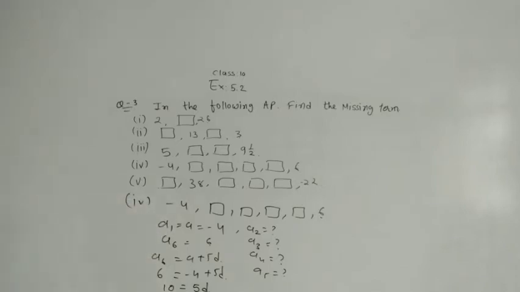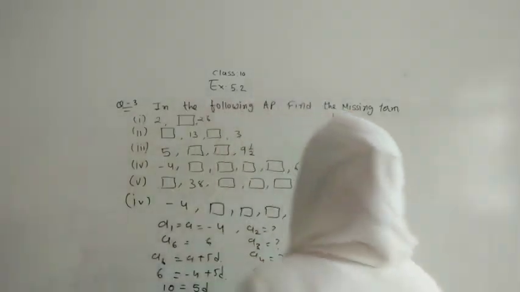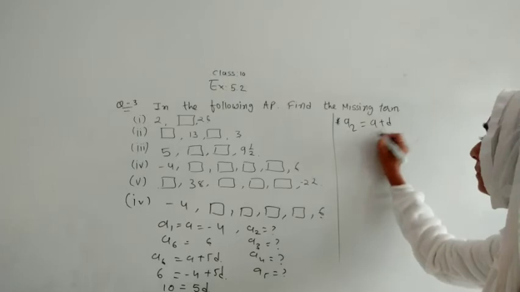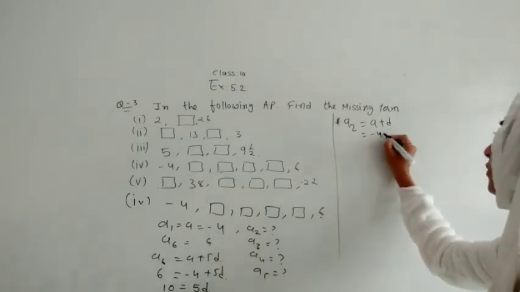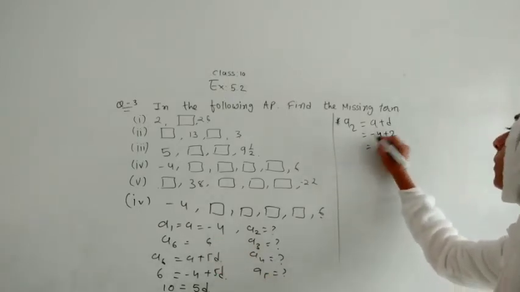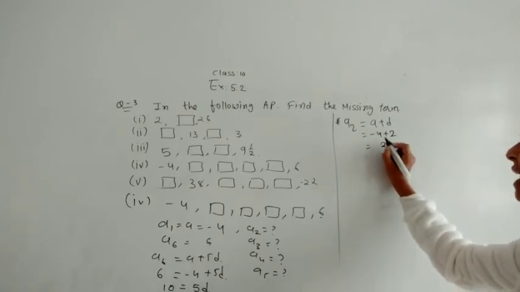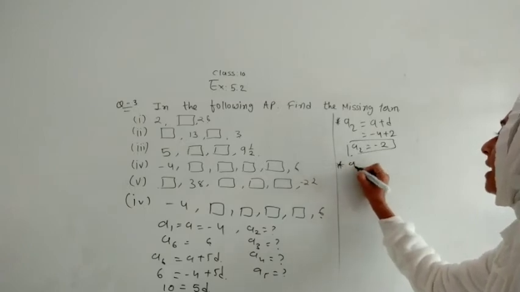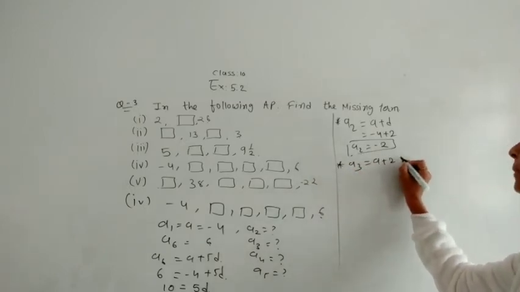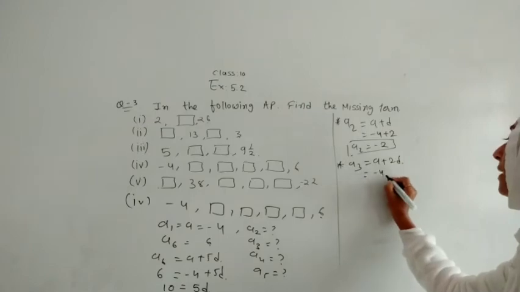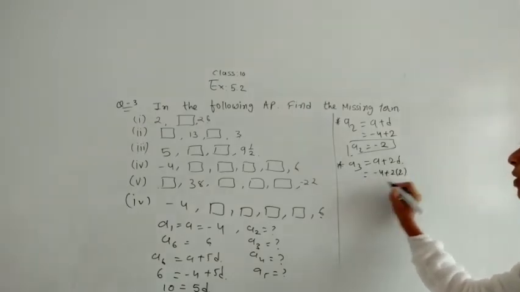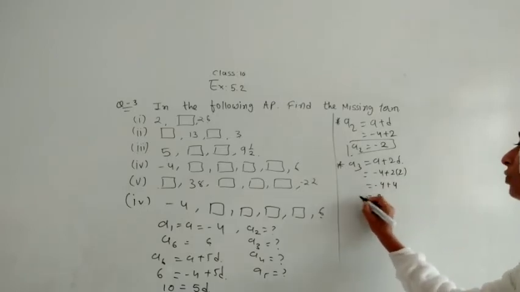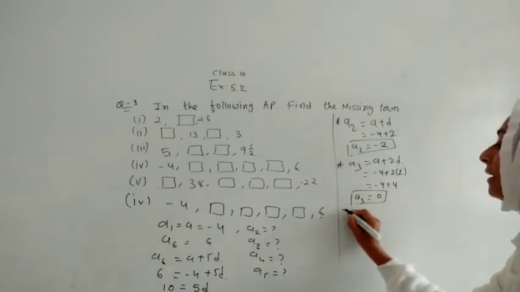Now here we have to substitute this value in any, so we can find A2. Let us find A2. So A2 will be A plus D. A हमारे पास है -4 के फॉर्म में, D we got as 2. तो प्लस माइनस होगा, माइनस यानी आंसर आएगा 2, but the symbol of the greater number that will be minus. Now let us find A3. A3 क्या होगा, वो होगा A plus 2D. A का वैल्यू है -4, 2 into D का वैल्यू we got as 2. तो 2 2s will make 4, plus 4 minus 4 will make 0, यानी हमारा A3 0 के फॉर्म में है.